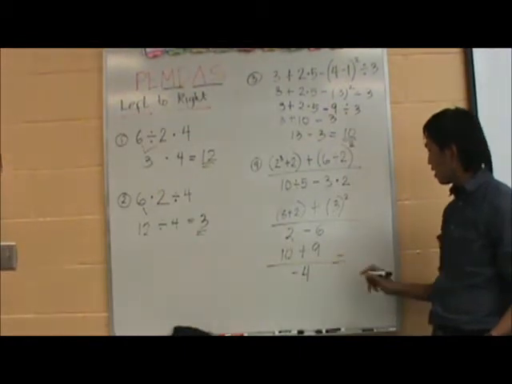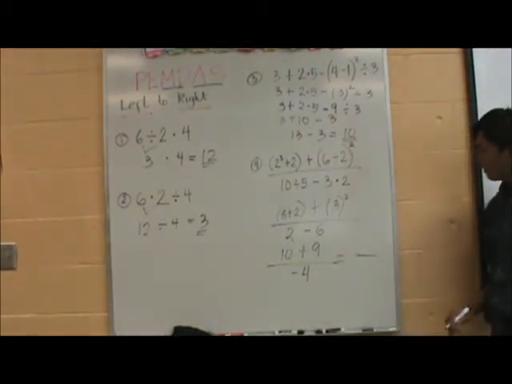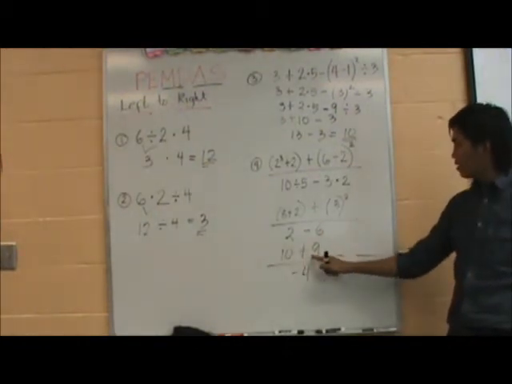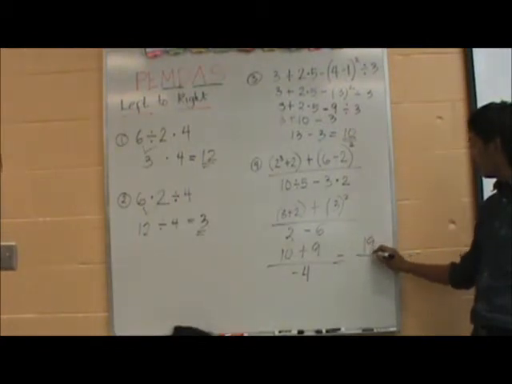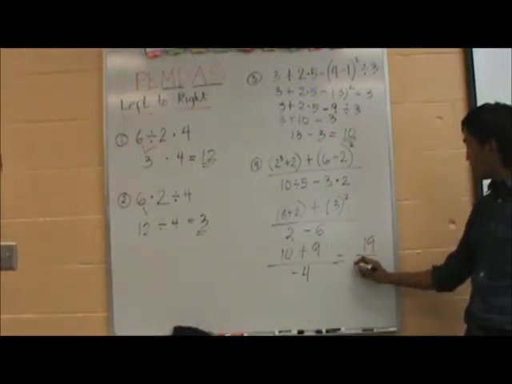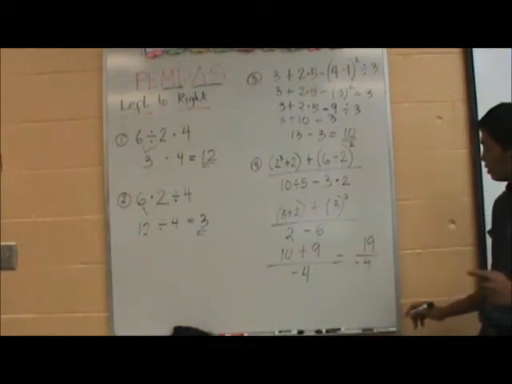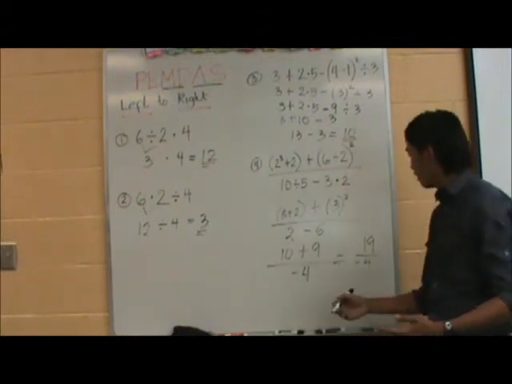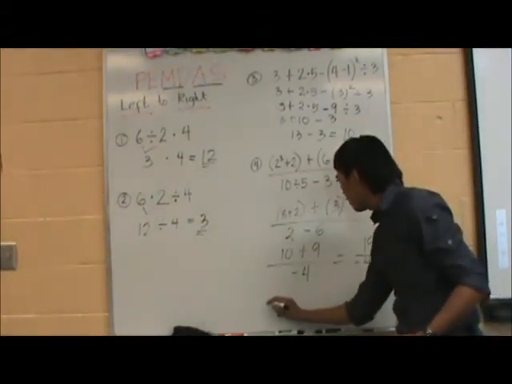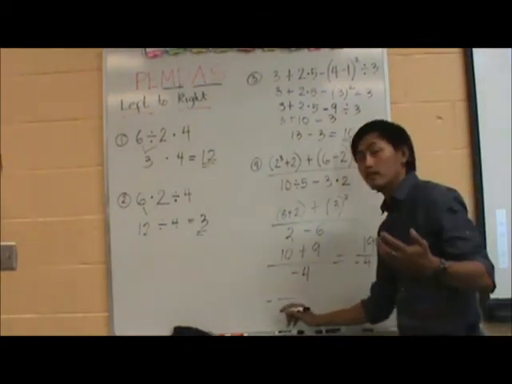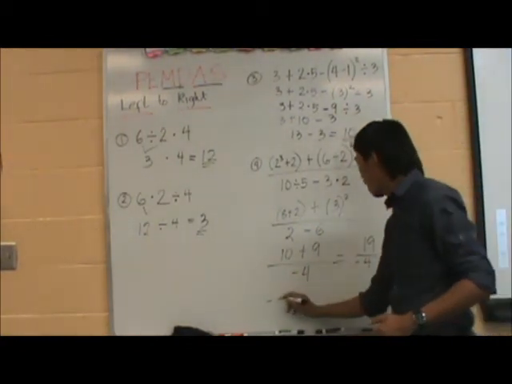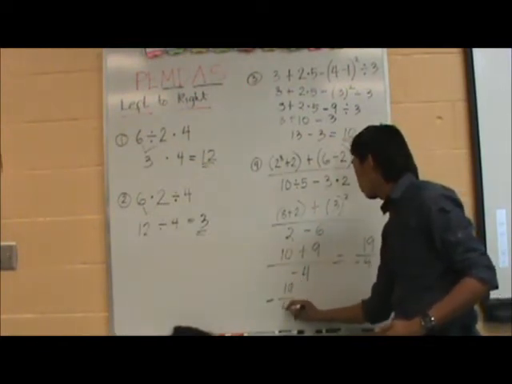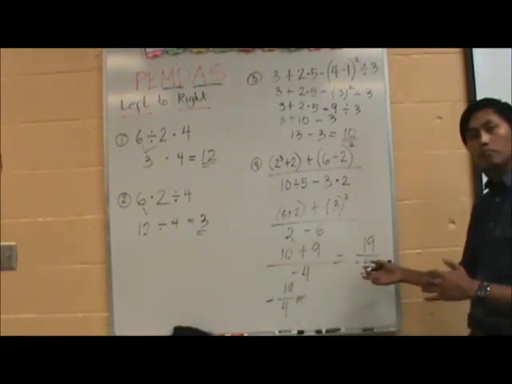Now let's go ahead and solve the final answer. To simplify the problem, add 10 and 9, which will give you 19, and negative 4 for the denominator. As you can see, the negative sign is in the denominator. So to write it in the final answer, you can write it as negative. The sign could be in the middle. Actually, that's the best way to express it in the final answer. Having the negative sign in the middle, and then 19 over 4, or you can put it in